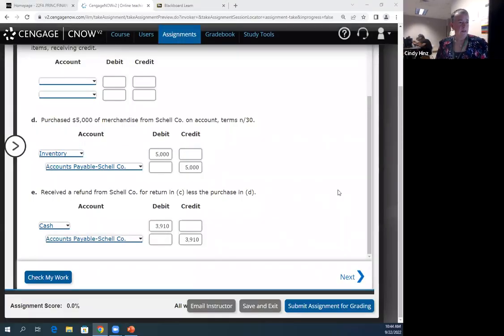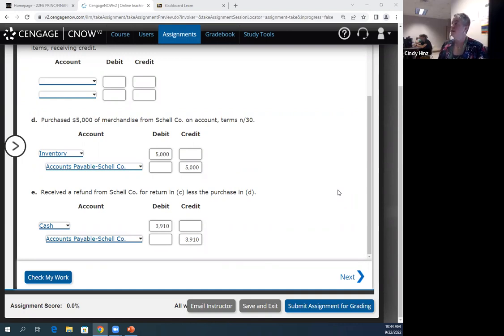Okay, so after pausing the recording, let's take a look at D and E. In D, it says we purchase merchandise on account. And I pointed out that they didn't offer the discount. I assumed the reason they didn't offer a discount is because they already owed us about $9,000. And so we weren't actually going to pay this invoice.